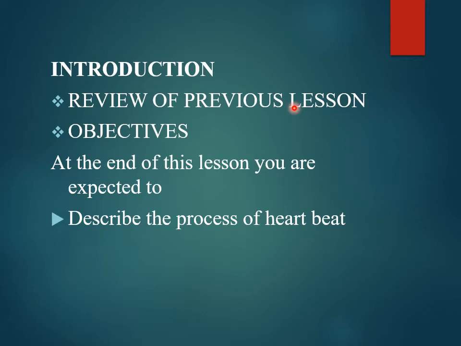Now, we said the right part of the heart contains deoxygenated blood. It enters the right artery, or call it auricle, into the right ventricle when the tricuspid valves open. Then from there, the ventricle sends out blood through the semilunar valves, and the blood now leaves the heart through the pulmonary artery back to the lungs to get oxygen. In brief, this is what we are talking about. So for our lesson of today,